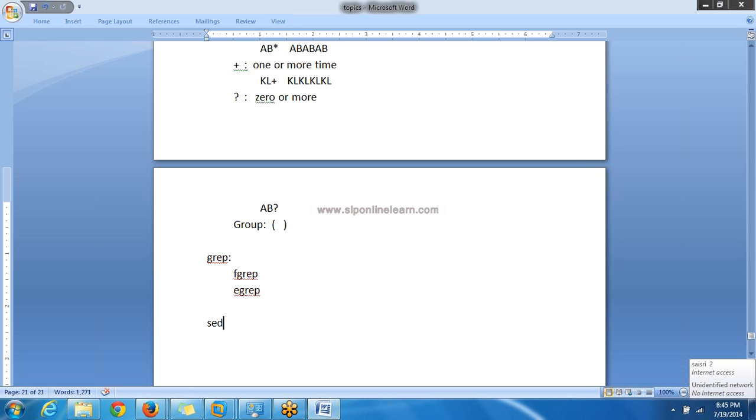Sed is the acronym for stream editor. Actually it says editor, it will edit the content, but that will not be changed in your file. Whatever editings you specify will not be reflected in your file. They are only displayed onto the screen like other commands. Suppose you take the grep command: it will search for the content, and only those lines where the search criteria are found will be returned onto the default output media, that is the monitor.